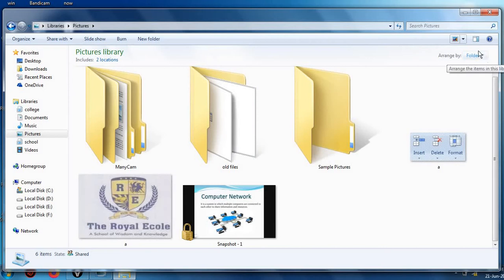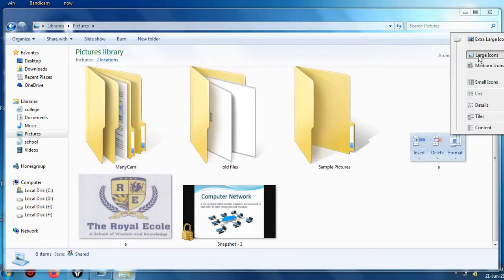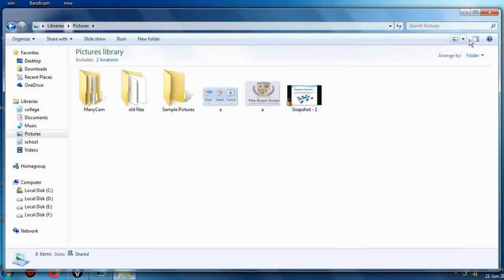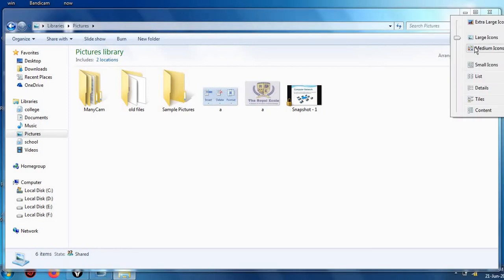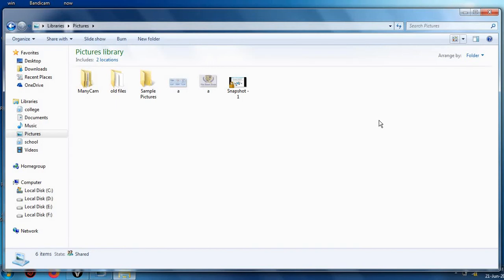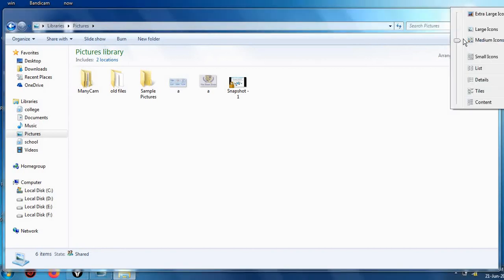Okay. Now next, after these large icons, which we have already seen, is medium icons. These are all medium icons. They give a better idea of what all contents are there in these. So this is for that. Every view has some advantages or disadvantages. When you work on it, you will automatically know, according to your usage, what views you want, right?